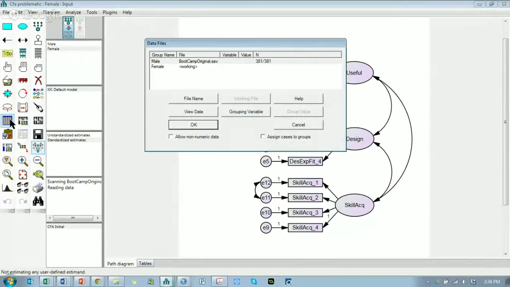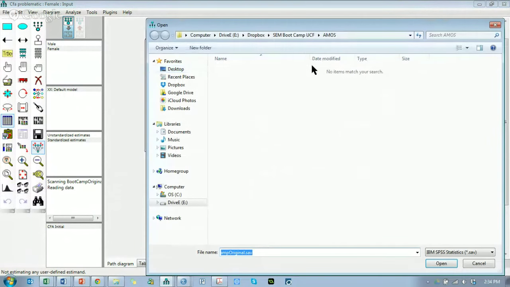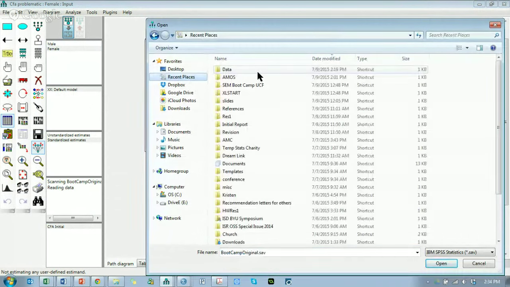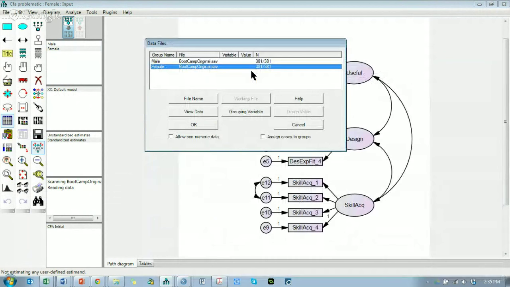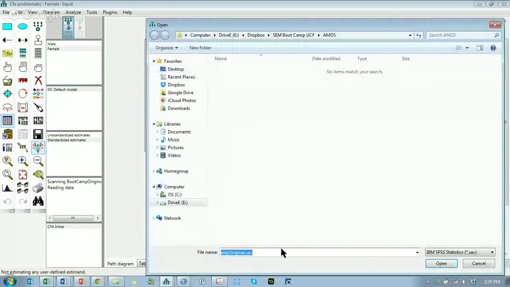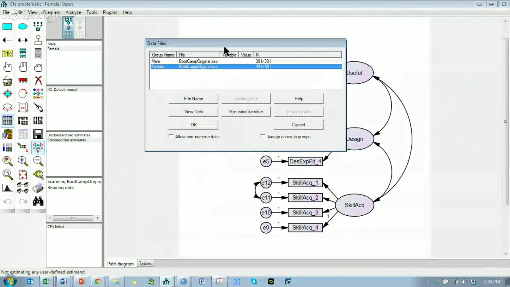So hit OK. Let's go back to Amos, and in our Amos, we need to link 2 data sets now. Go to Data Files. You see now we have a group 1 is male, group 2 is female. But group 2 female doesn't have any data, so go give her some data. Recent places, data. Original. I wonder if I grabbed that from the right place. Yes, I did. Okay. So now both should have data, but it says the sample size for both is 381,